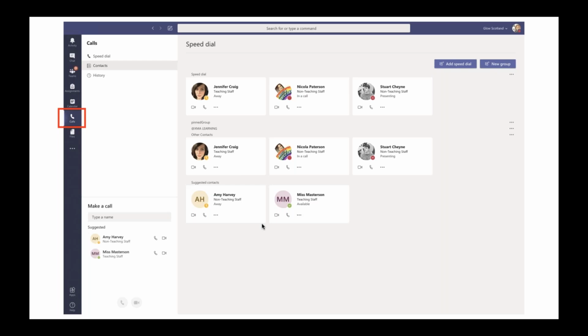You can do all the things you would have done face-to-face, except actually shaking hands and traveling there. You've got the benefit of being able to call ad hoc, so there and then you could call a colleague, or you can schedule a meeting by inviting people. Those again could be colleagues, but it could also be families, it could be pupils, and they would be invited then to join that scheduled meeting, again using the video encryption and tight security that we get from Microsoft Teams.